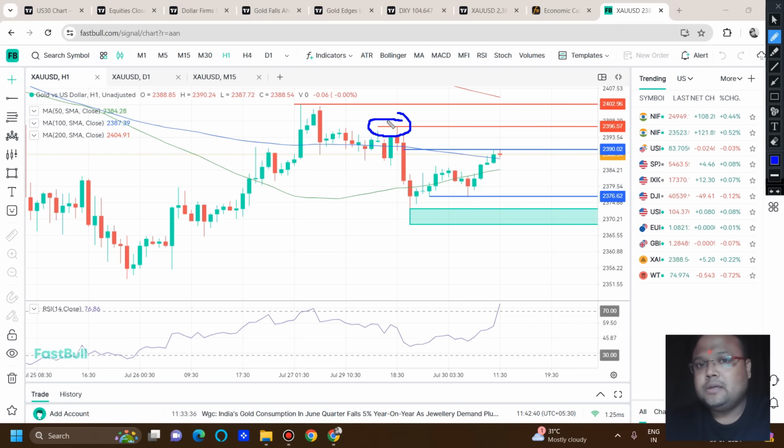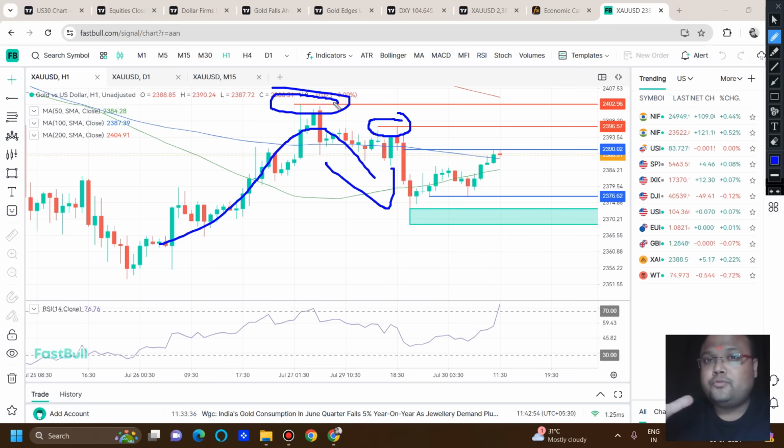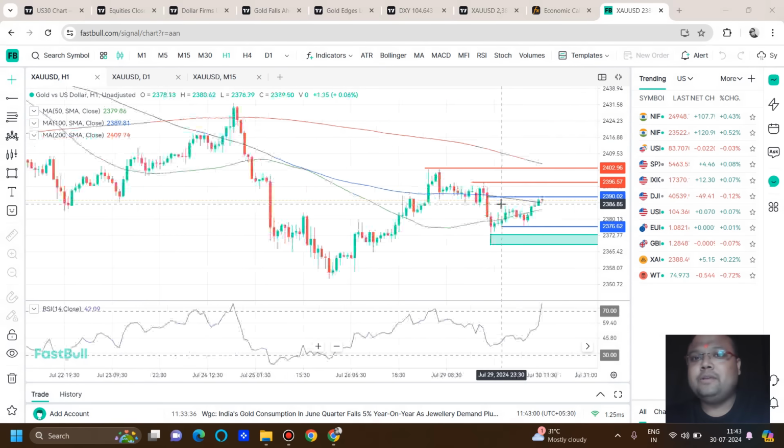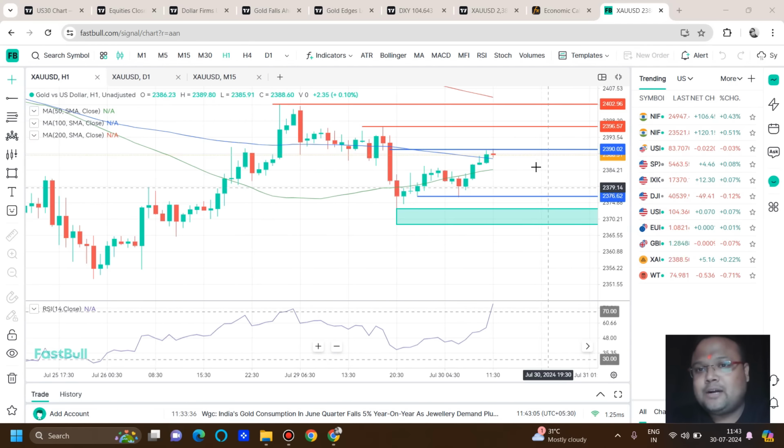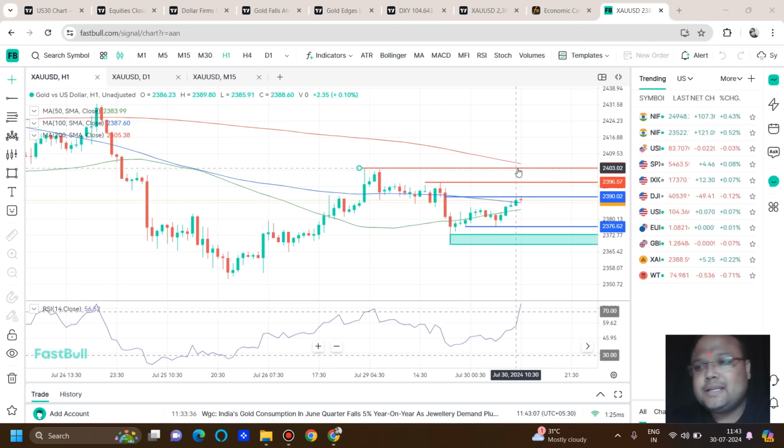So you can see this level seems to be a good one because this is the level from where the market fell, and 2402 because of the market's minor reversal from around this area. So definitely some sellers must be present, and 2400 is a round number psychological level, so anything may happen. And moreover, if we zoom out, we can see the 200 moving average is also coming down. So around these 2 areas, if the market reverses, if the market shows price rejection from below, we can go for a